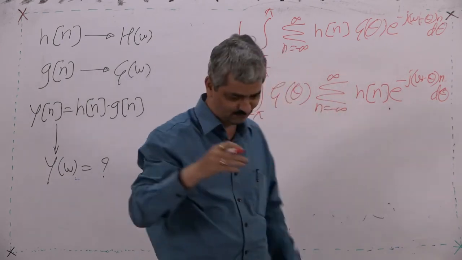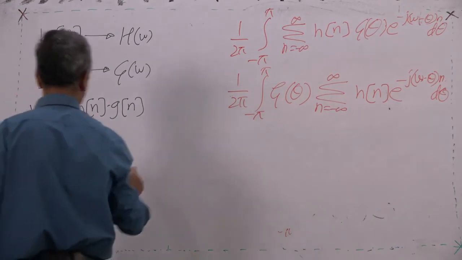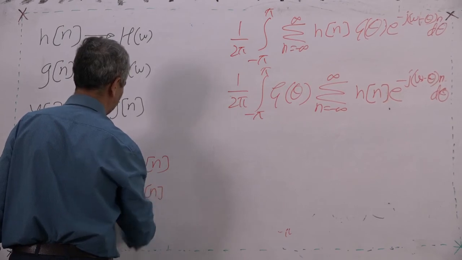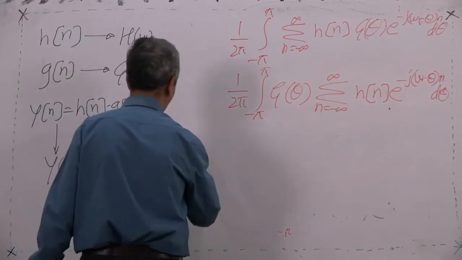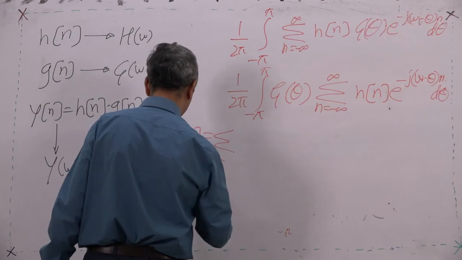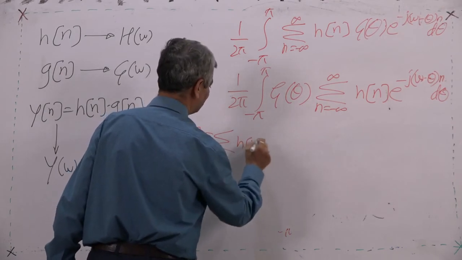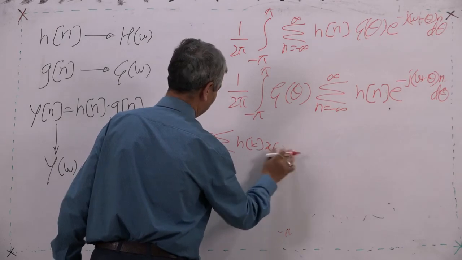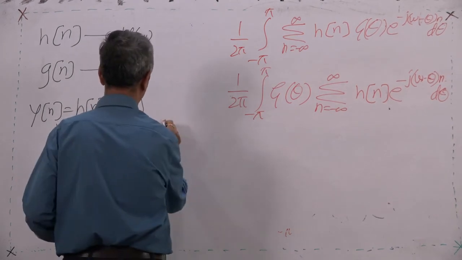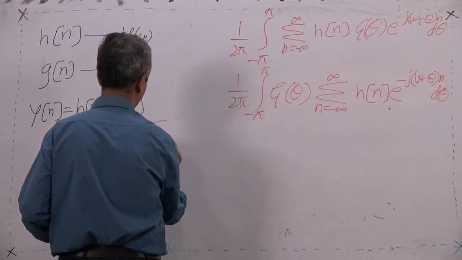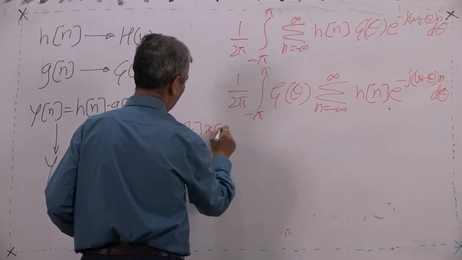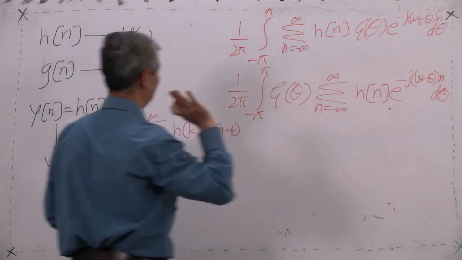So in convolution also, when we convolve x n and h n, how do we convolve? y n is equal to, we can't take summation over n, we have to take summation over k, and then we put h k x of n minus k. This is convolution. In convolution, we have summation over k equal to minus infinity to infinity h k x of n minus k. It is looking like the same thing now.